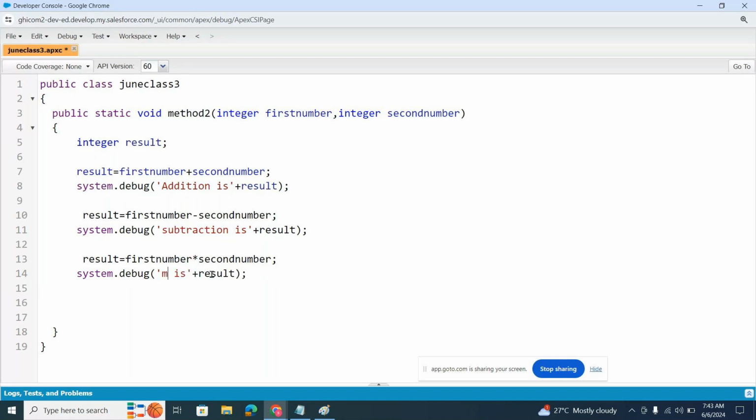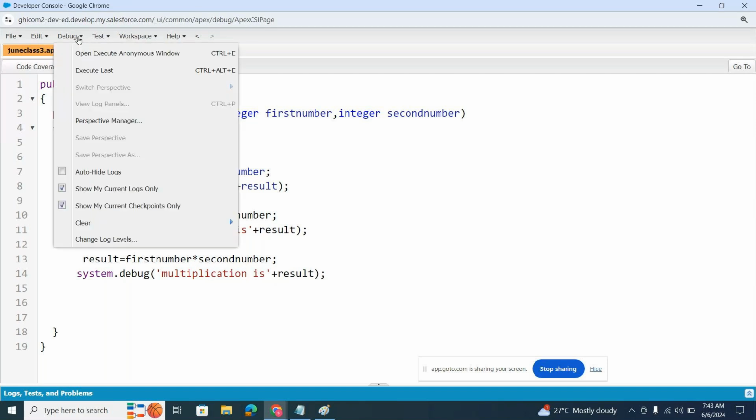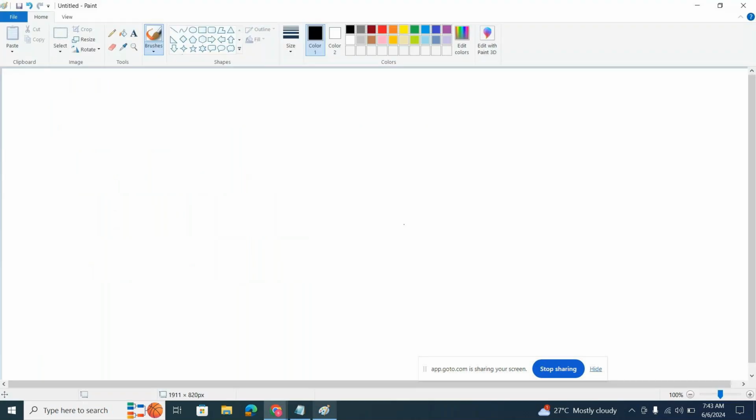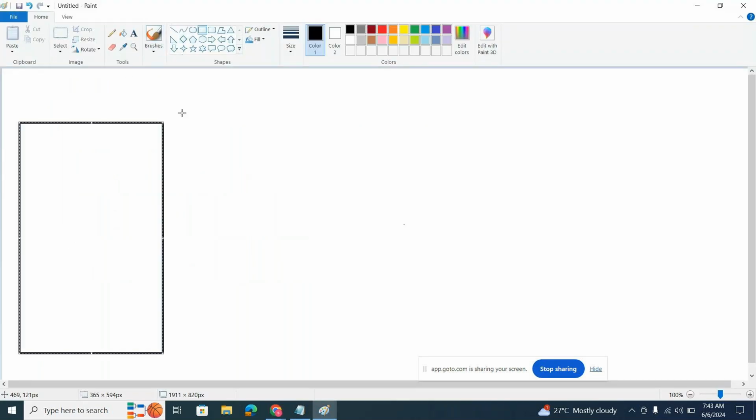How do we give input dynamically, sir? Directly from the execute anonymous window, I need to give it. Just try passing the parameters from the execute anonymous window. Normally in real time we'll do it like in LWC, which I'll cover, because one concept is interlinked with another concept. Like from the LWC component, this is my LWC component. If you give the input, whatever it may be, inside the input boxes, whenever you click on the submit button,